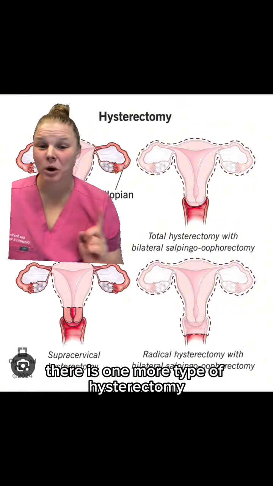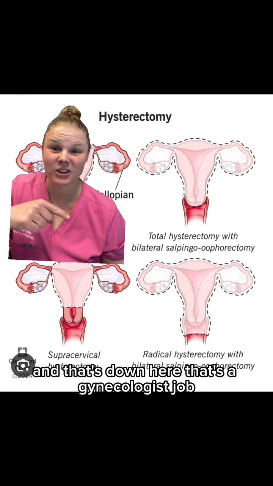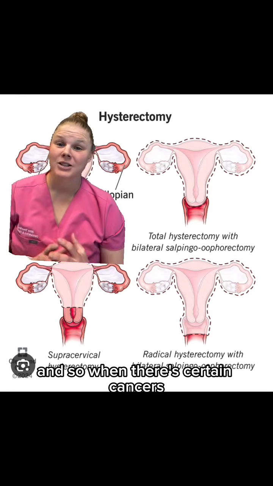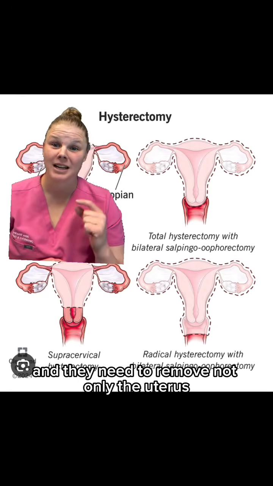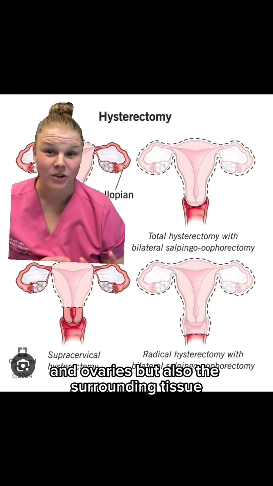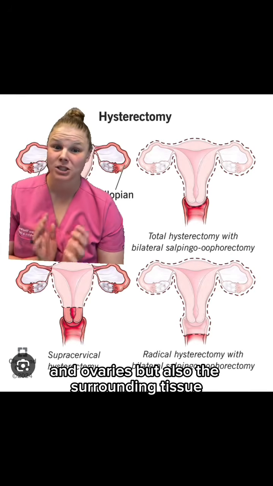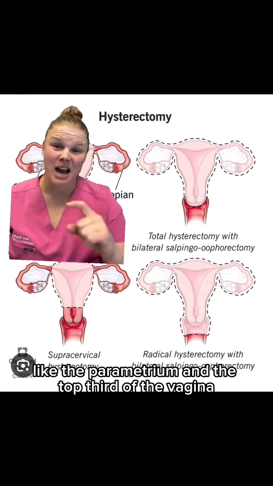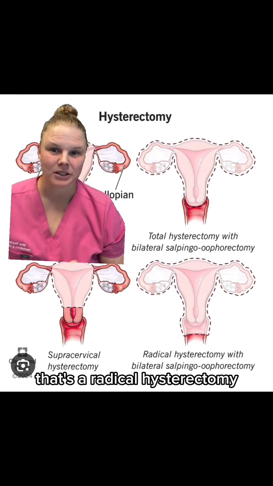There is one more type of hysterectomy, and that's down here. That's a GYN oncologist job. And so when there's certain cancers and they need to remove not only the uterus, cervix, tubes, and ovaries, but also the surrounding tissue, like the parametrium and the top third of the vagina, that's a radical hysterectomy, and that's